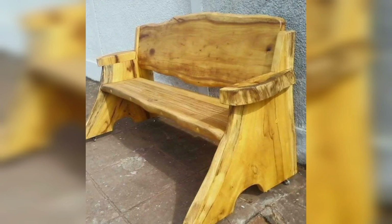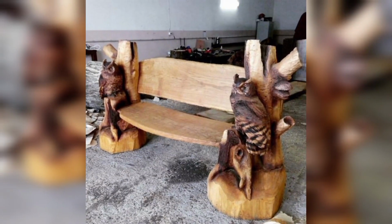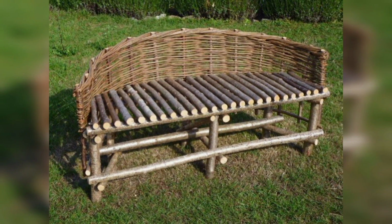In Japan, wooden benches are commonly found in traditional gardens, shrines, and temples. These benches are often made for sitting